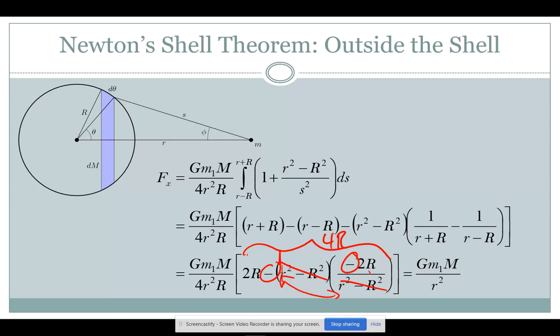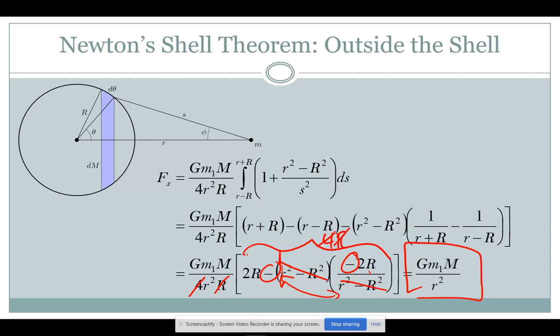So the 4 capital R cancels with that 4, capital R cancels with that R, and there's my equation for the force. That equation looks really familiar, right? That's the equation for the force of gravity from a point mass a distance lowercase r away. So what this says is, if you're outside of a spherical shell of uniform mass distribution, then the force of